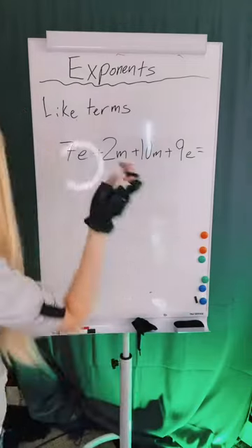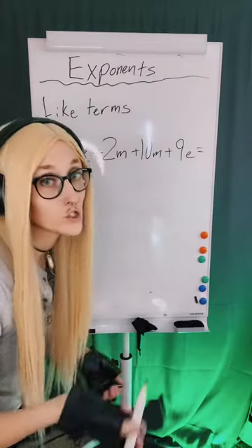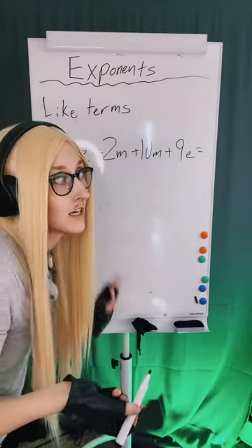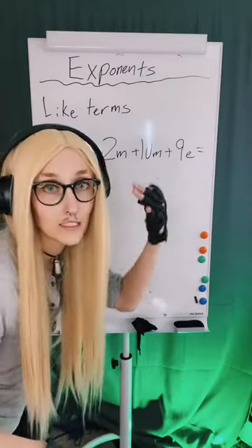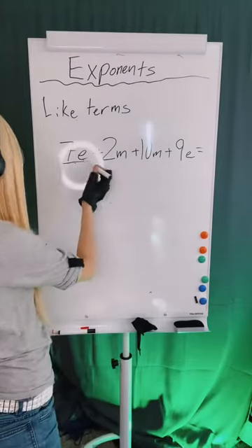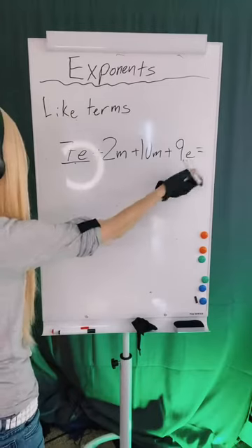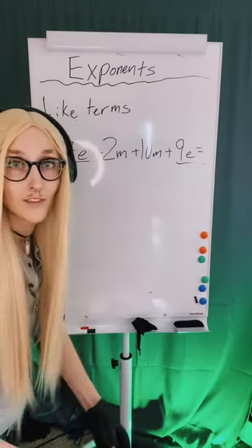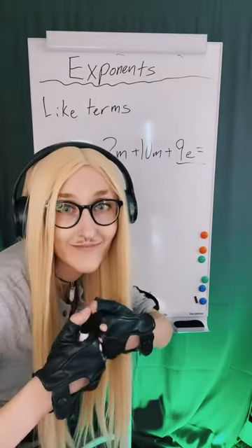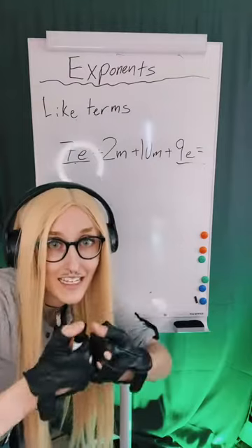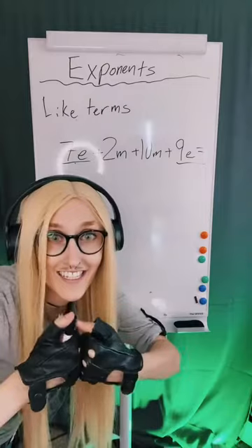All right. Awesome. We'll start with our E, just because it's the first one I saw. You could have started with M. That's okay, too. I just like to go from one side to the other, because that helps my brain the best. All right, I'm going to look for other E's. That's an M. That's an M. Ooh, there's an E. Awesome. That's all my E's. So now I am going to combine them. So we've got 7E plus 9E. 7 plus 9 is 16. 16E.